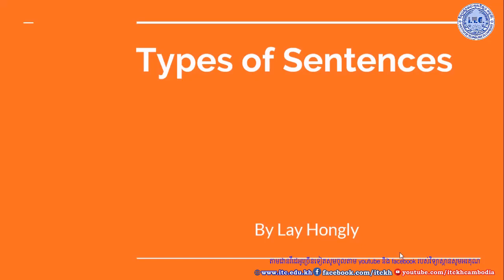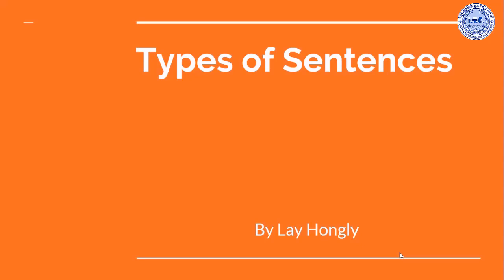As you know, an essay is a combination of paragraphs, and a paragraph is a combination of sentences. So sentences are very important in your writing, in your essay, in your paragraph. So that's why I want to teach you about types of sentences, so that you can include a variety of them in your writing, and it will look nice. When you include every type of sentence instead of just a simple sentence, it will look nice in your writing,